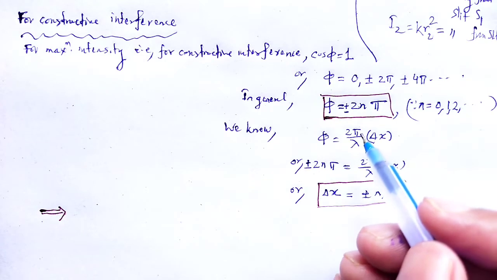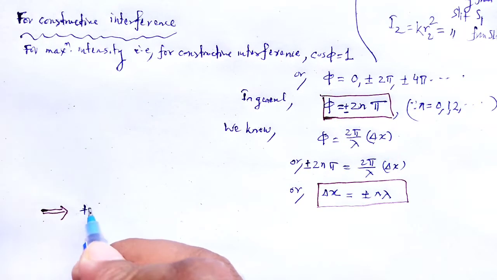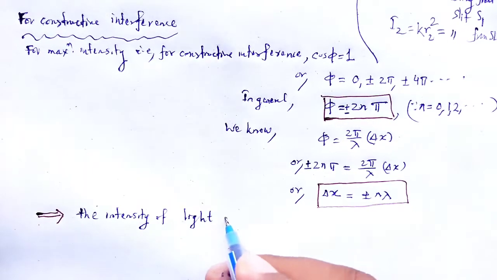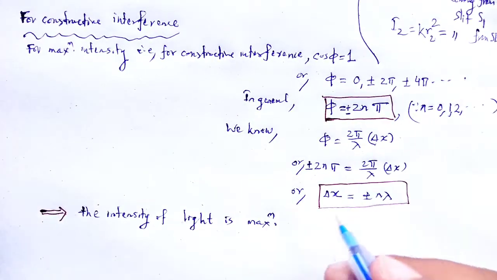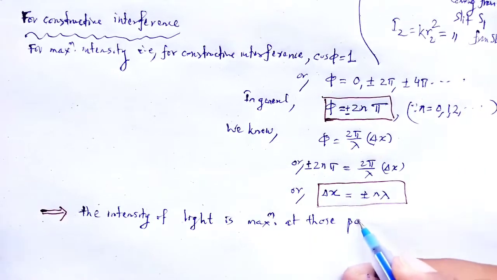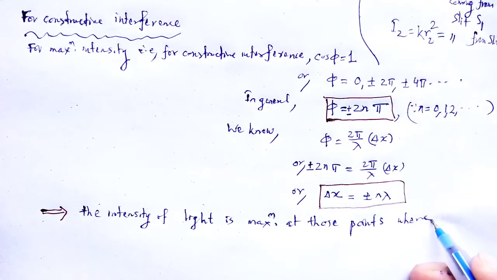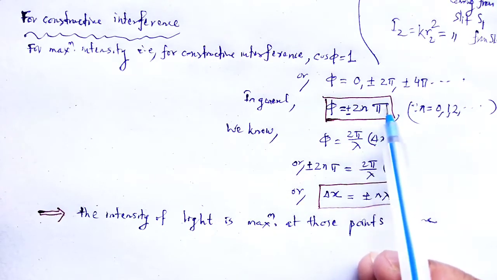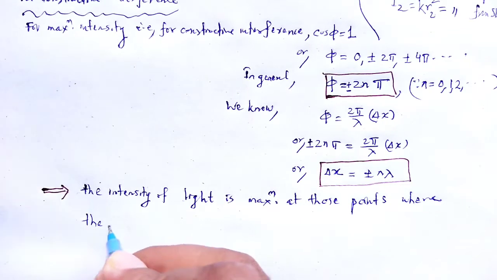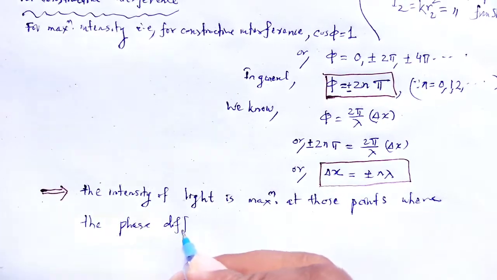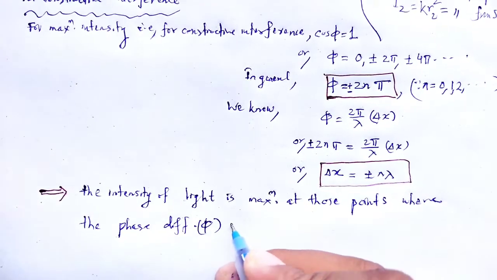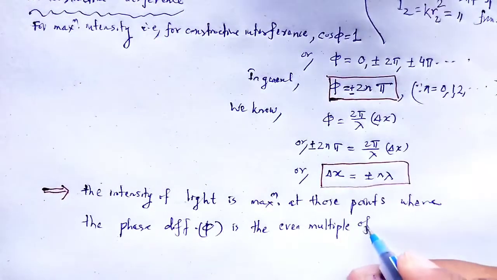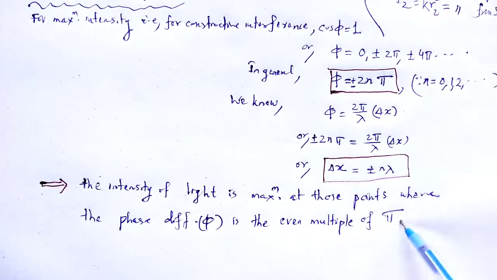The intensity of light is maximum at those points where the phase difference φ is an even multiple of π. That may be a condition, or